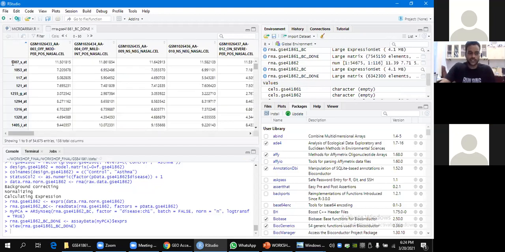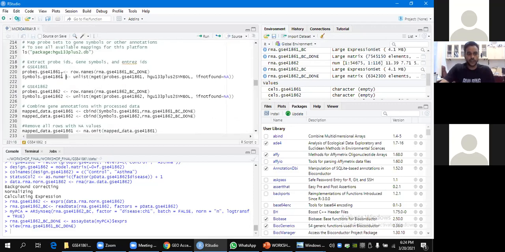See, in rows on the extreme left side, there are probe IDs: 1007_s_at, 1053_at, 117_at. We need to map them to unique gene symbols to further use in differential expression analysis. And in the columns, there are the sample IDs. We can get the information from the phenotype data, which we got from the getGEO command earlier. And these are the expression patterns in data matrix form. Like this first expression value, 11.501, is for this specific sample ID corresponding to this probe ID.